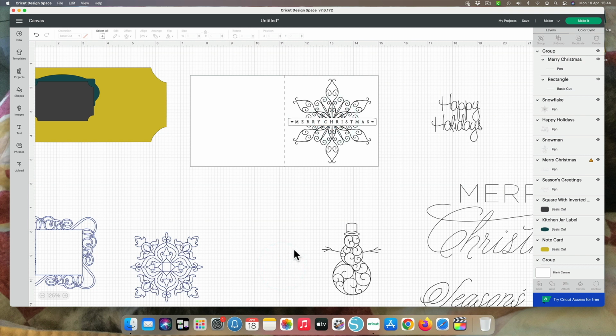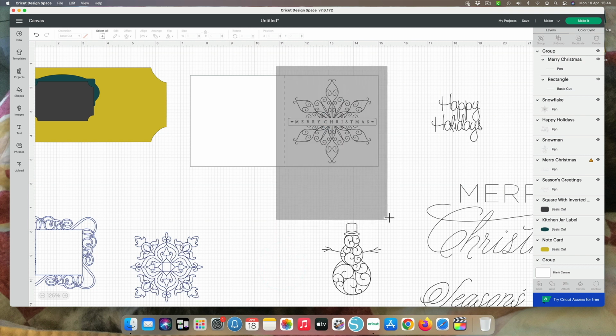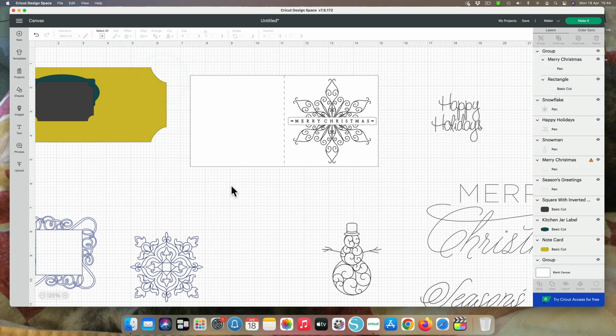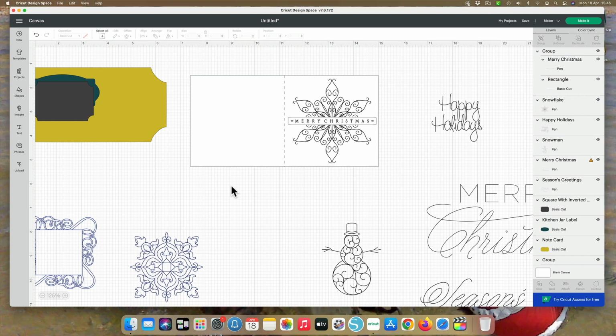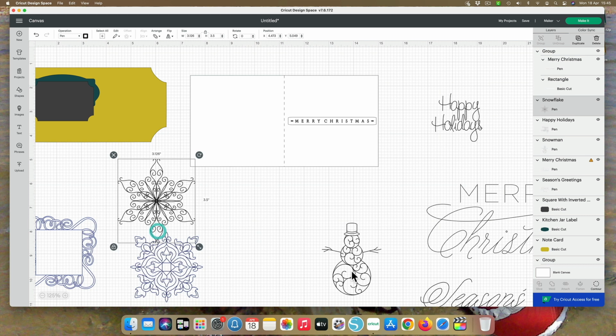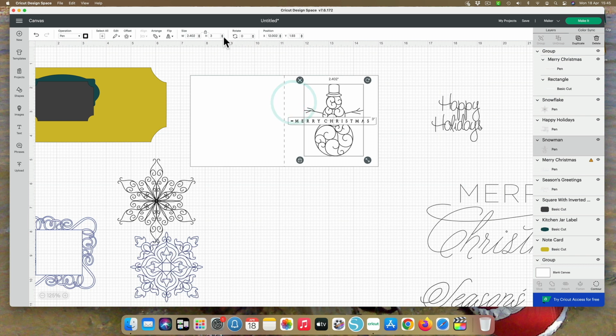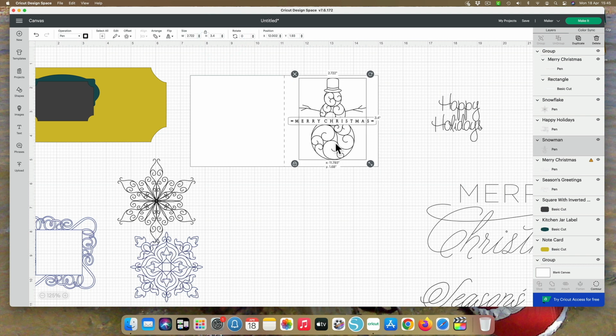and then I want to play around with a second version again just to see, do I like it as well, do I like it instead of, again just playing around with the ideas of it and seeing what's working for me. So I thought this little snowman was really cute. I didn't like the Merry Christmas across the center there, but I did want to obviously align him, so I just did that. So aligned him correctly top to bottom, visually left to right,